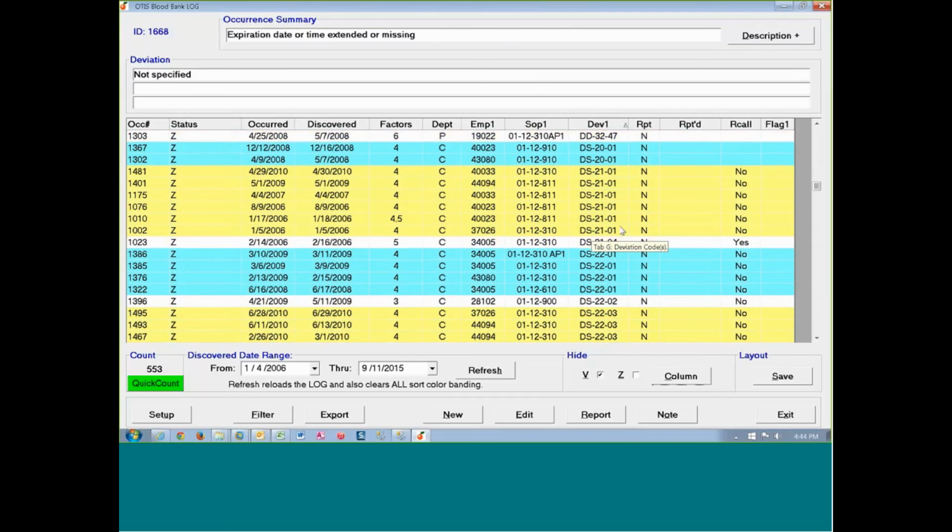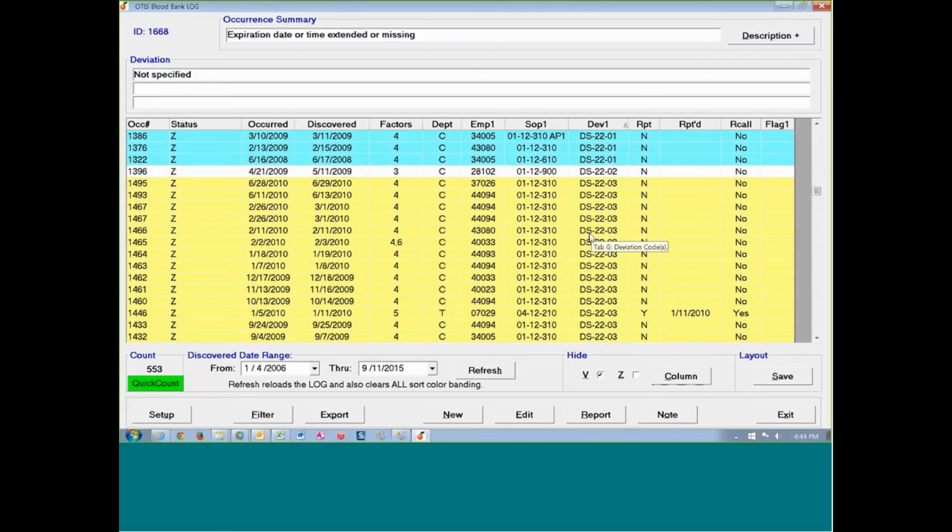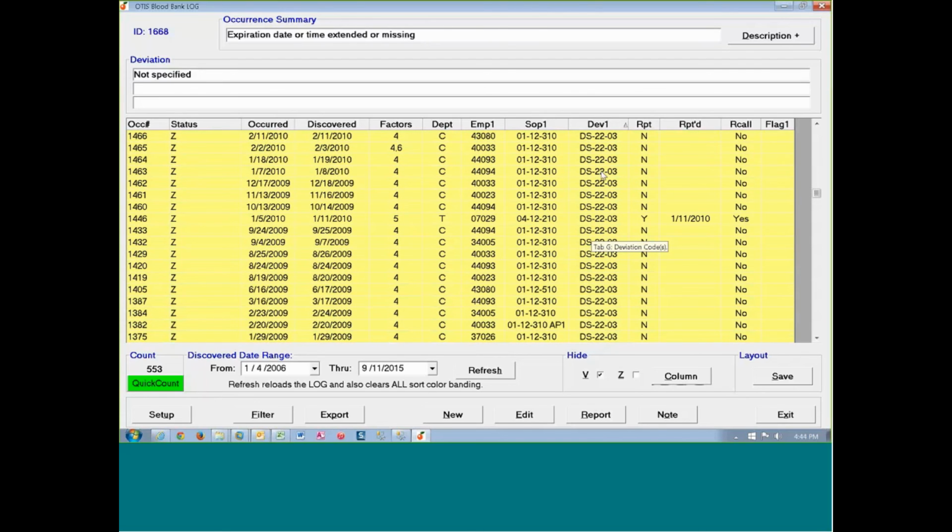And as I scroll down here, you'll see that I have a large quantity of DS2203s. And again, we don't have to memorize these codes. I just click on it. It shows up at the top of the screen. And this is a donor history question. This is the kind of thing that Lieta was talking about in her presentation. And though we're dealing with donor history questions, whether it's transfusion or processing code, it all works the same way. The trending works the same way. But we'll be dealing with the history questions here